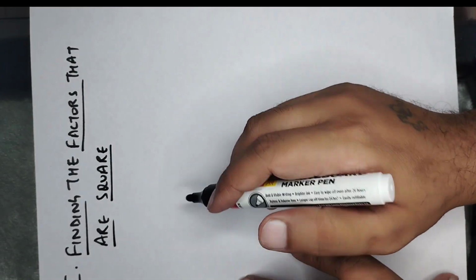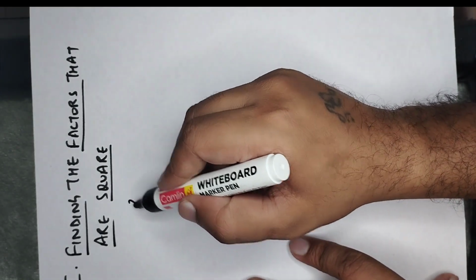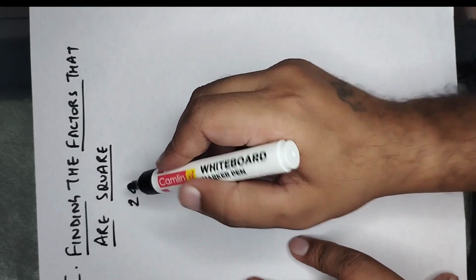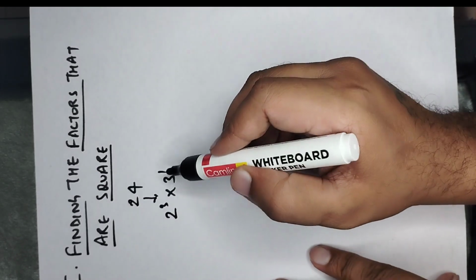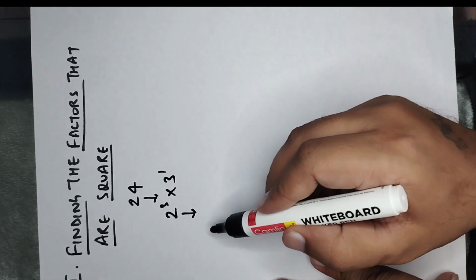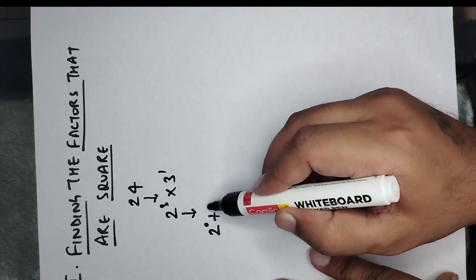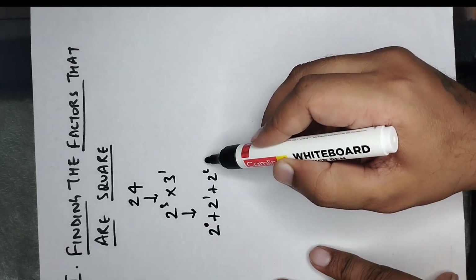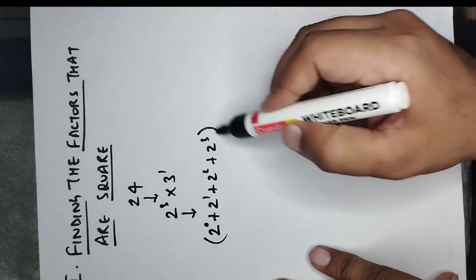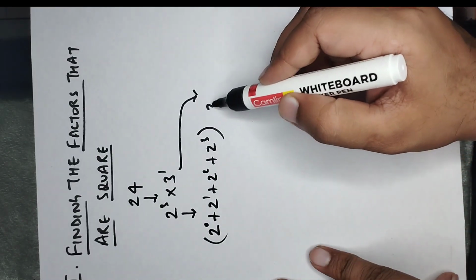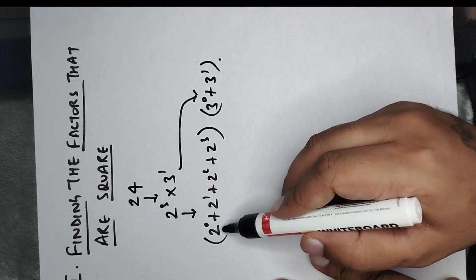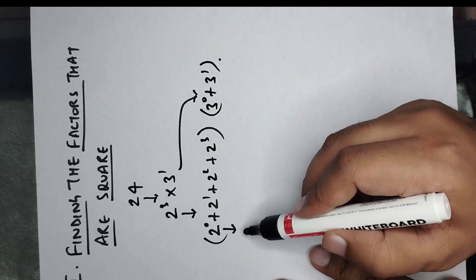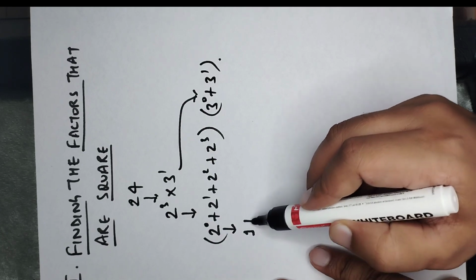For example, let us say 24. Now this is 2 raised to the power 3 into 3 raised to the power 1. I can again write this as 2 raised to the power 0, 2 raised to the power 2, and so on, and I can write this 3 raised to the power 1 as 3 raised to the power 0 plus 3 raised to the power 1. If I write the respective values of all these numbers, I can write them as